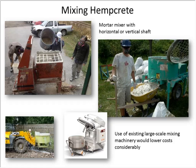So, mixing the material. The ideal machine is the one on the right, a vertical shaft mortar mixer. It does a great job of turning out large batches of hempcrete, but those machines can be kind of hard to find and expensive when you do find them. So we do most of our mixing in a conventional horizontal shaft mortar mixer, like the one you can see on the left there,